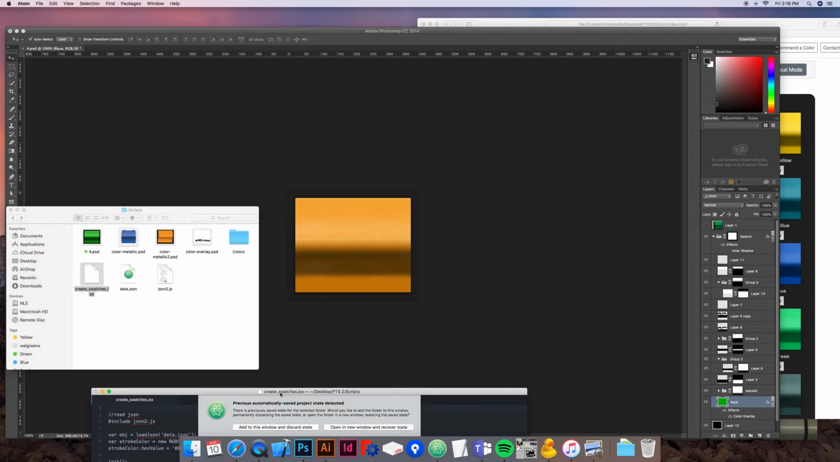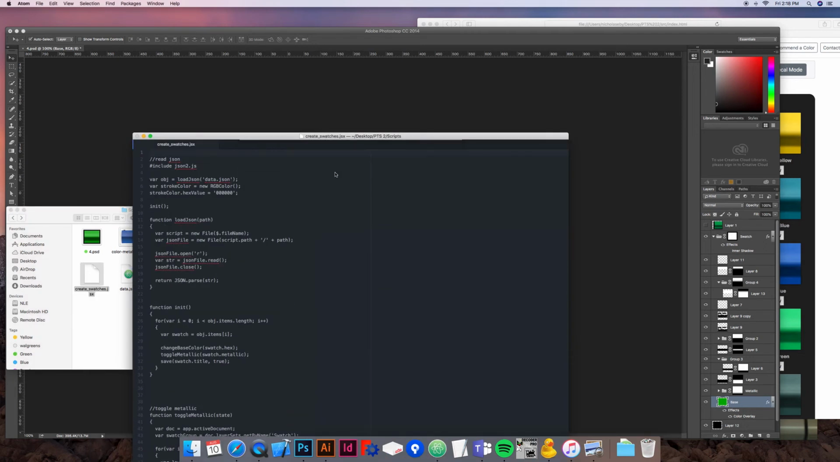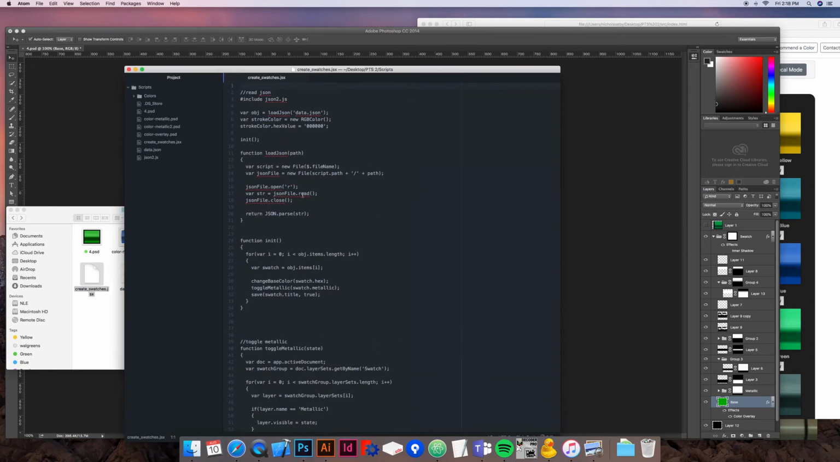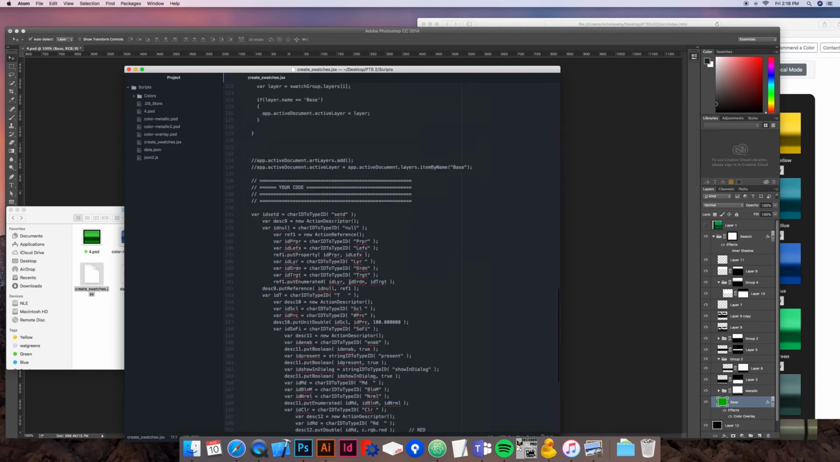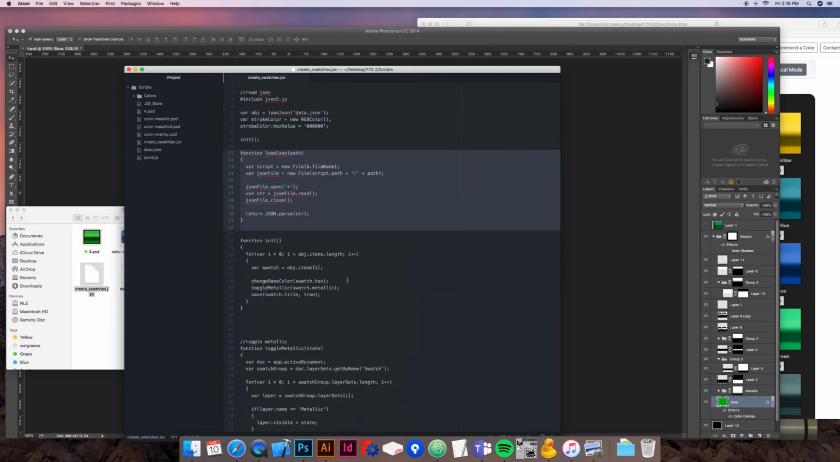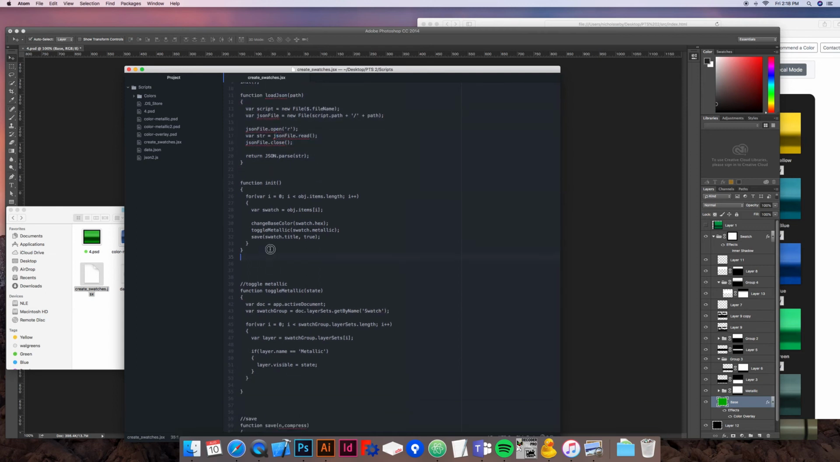So I'll open this in Atom. And so it's basic JavaScript. The only thing that's really complicated in here is the method that turns on the color overlay. The documentation is okay, but it's pretty complicated. And so essentially what it does is it loads the JSON, puts the JSON in a variable, and then I have this init function, which gets called right away, and it iterates through all my JSON objects, and the first thing it does is change the base color, and it toggles that metallic layer that I was telling you about,